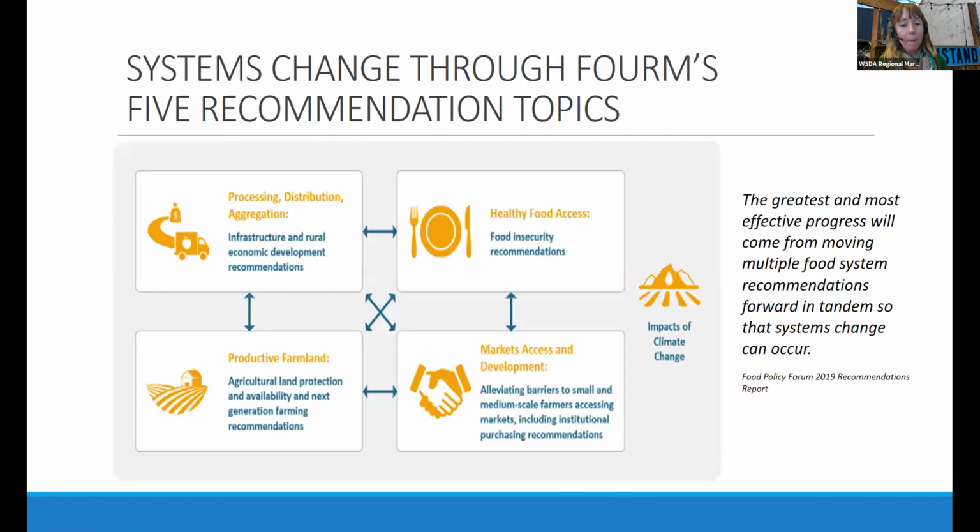So the forum worked for many, many years, actually, to come up with a report to educate itself. It spent several years educating itself, learning from each other, and then came up with this framework, which I think you'll recognize some of the similarity to some of those other food systems diagrams that we looked at. But the Food Policy Forum really decided that in order to achieve those goals, it was important to focus in these primary areas: processing, distribution, and aggregation,